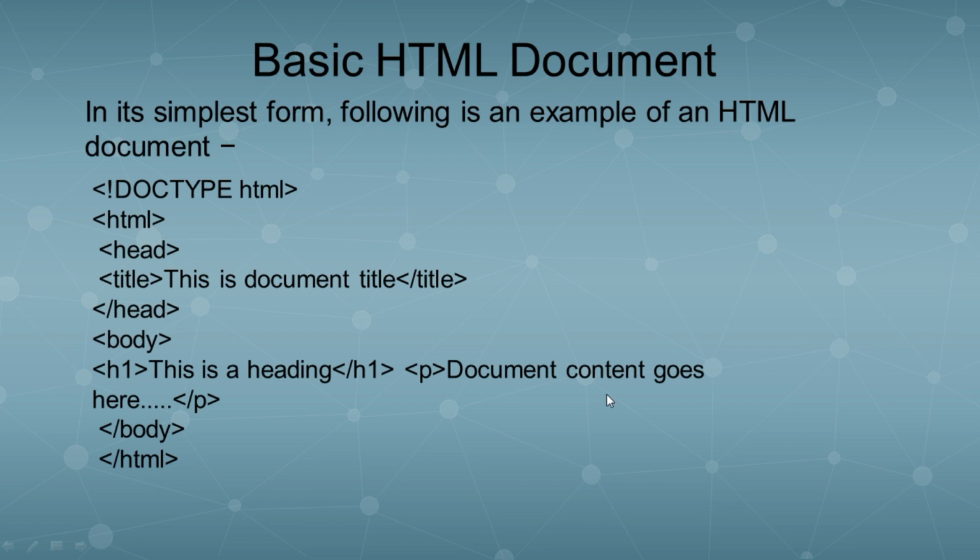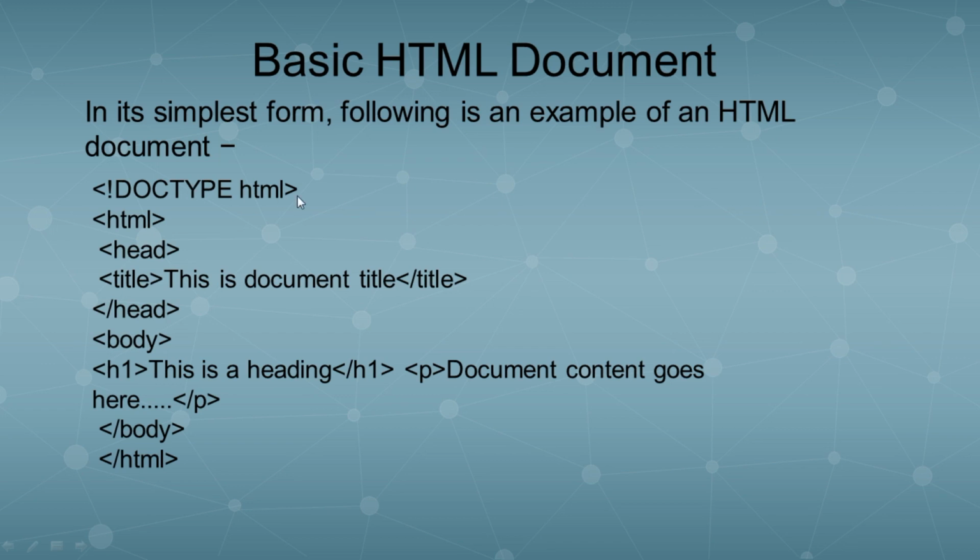So we are discussing here the basic HTML document. As I teach you, it is actually the simplest form of example of an HTML document. Here one thing is new for us, that is angular bracket open, exclamation sign, doctype, HTML, angular bracket close. This is a special type of doctype tag which specifies which version of HTML we are using, because as I taught you in the first slide, HTML 1.0 was started and now the latest version is 5.0. So whatever version we are using, we can use it.